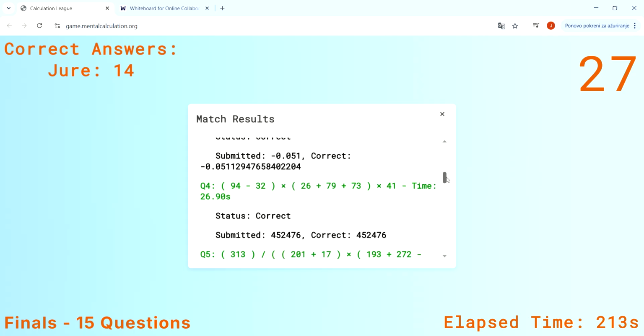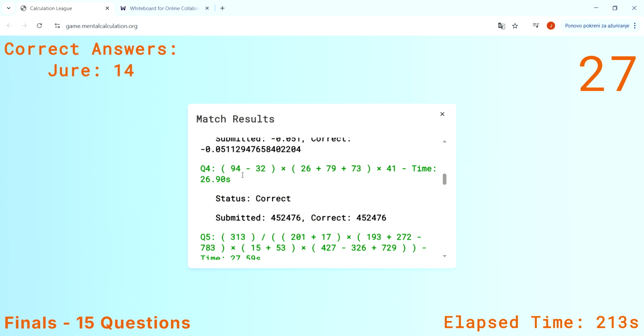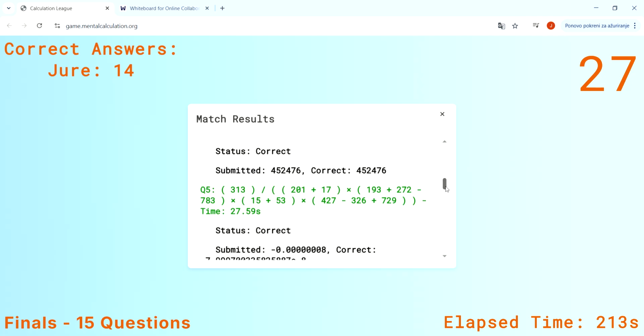Now, fourth one, nothing too special here, like 62 times 178. I did that first because it's easier for me to have the third number already written, so I don't have to memorize a 4-digit number and then multiply it with a 2-digit number that I can see. So it's just easier to multiply 62 and 178, and then when I get the result I just multiply it by 41, and that's about it in that one. So this one,